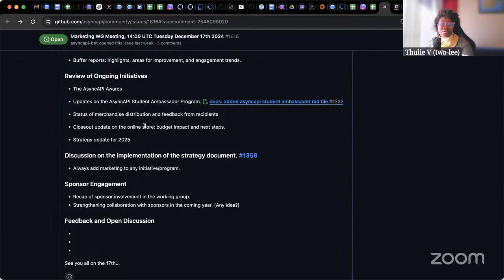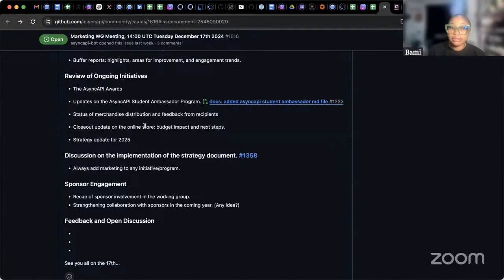I will also need to revise the docs, since now we don't have swags anymore. So once we update even the main ambassador program, we also need to see how to reward new ambassadors as well. So I will revisit the whole umbrella topic together. Yes, that's true. It's something we need to take into consideration because we don't have the swag store anymore. Okay, I think that is all.